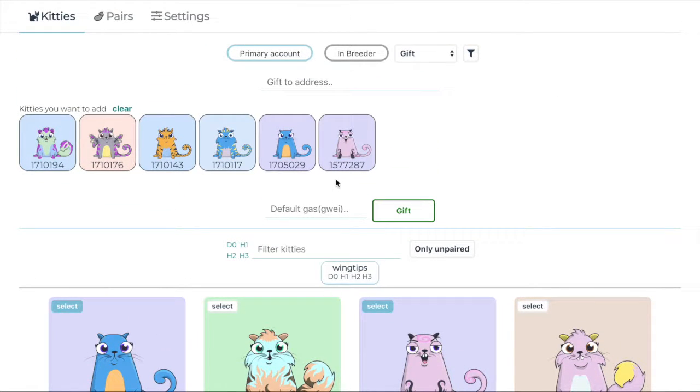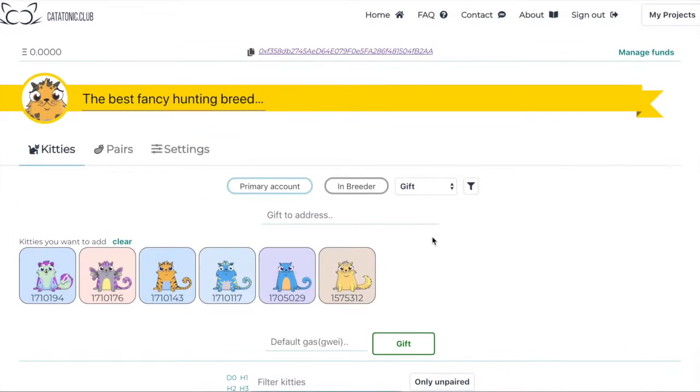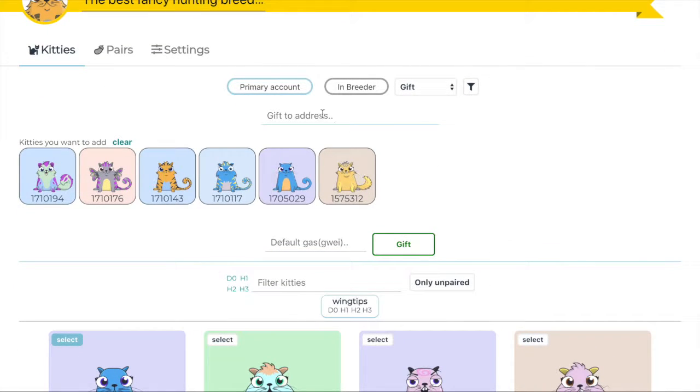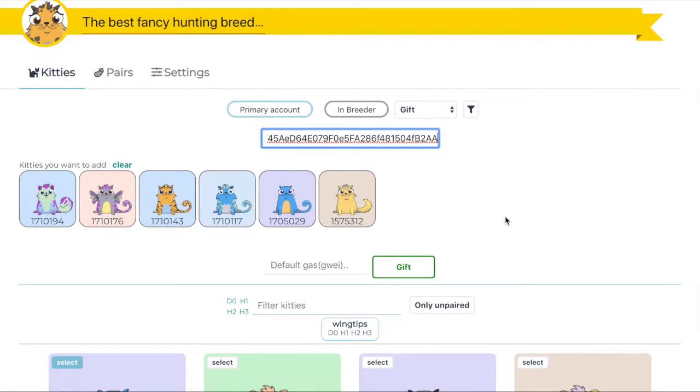So we see those two. Hey, that's not a wingtip. There we go. Then we have to give to an address, so we can put this right there and copy paste it in there. We don't need to use this if we don't really want a specific gas price. And if we use Dapper, they will probably solve that one for us. Anyway, then we press gift,